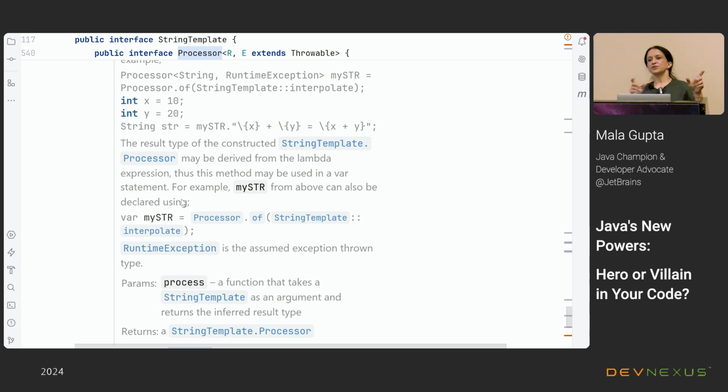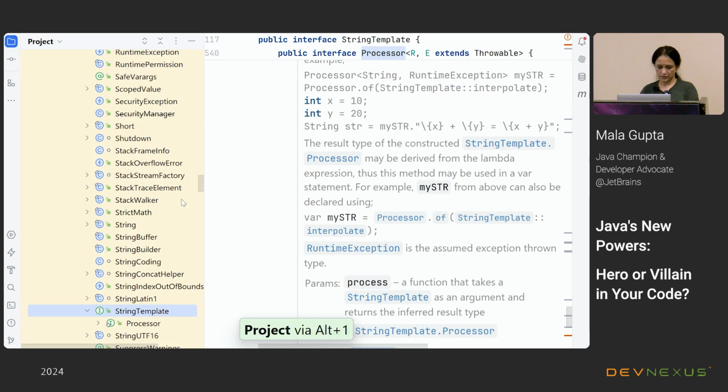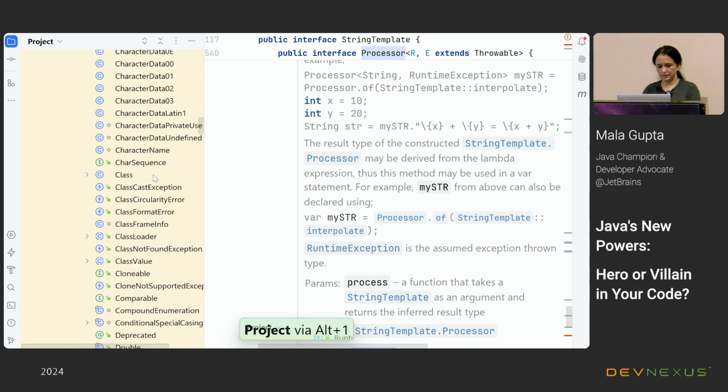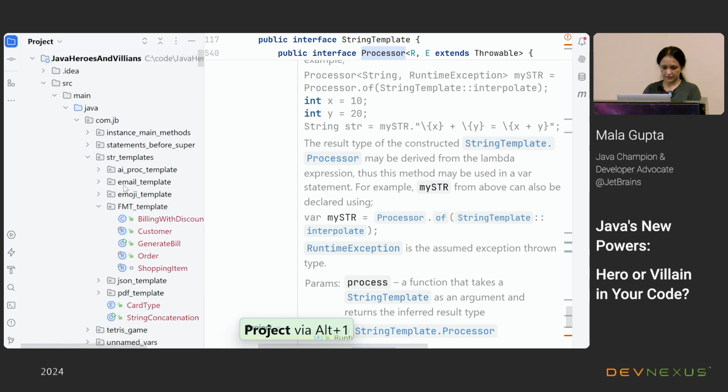So all the string literals are the fragments, and the values are the list of values that you just saw, the list of values that go in a template. And when you call the process method, the way the processor works is it combines the literal values, the fragments, with the values to get the final value. Now, let me show you a couple of examples.